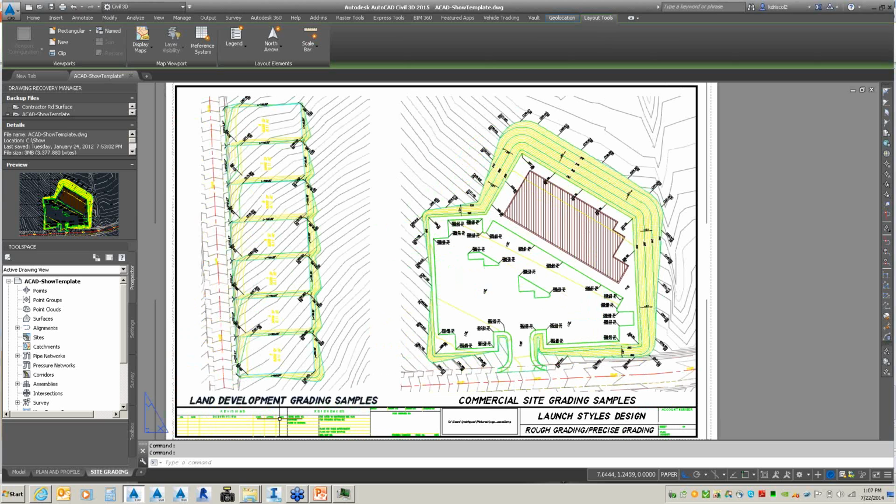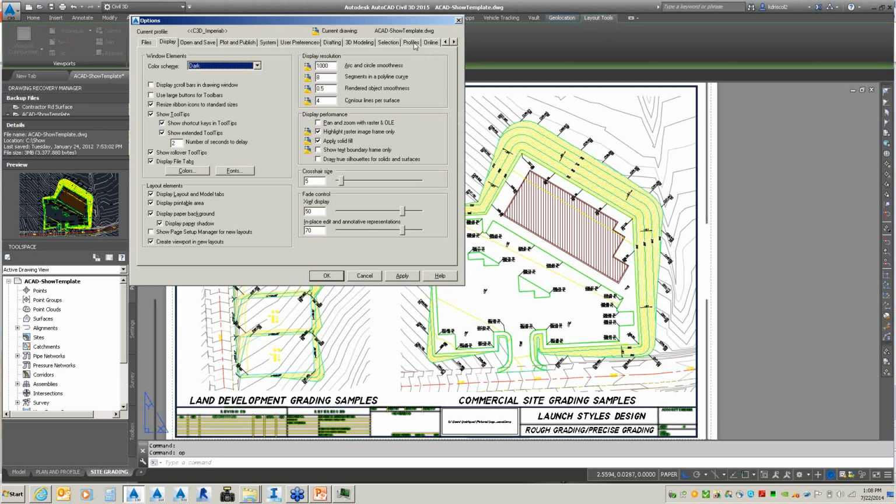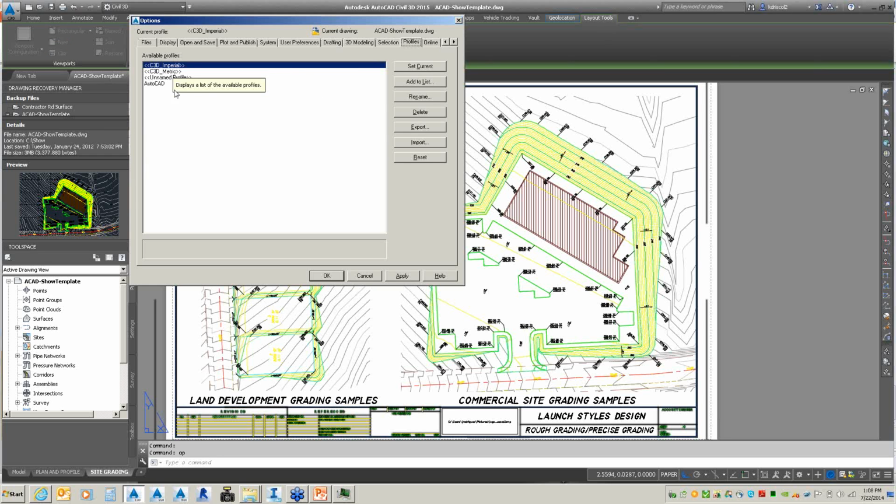So typically what happens, if that's what you're making reference to, there's a couple of things here. Under options, just as a quick example, there's a profile for Civil 3D, and there's one that you can create that you can export out. So again, a profile has an ARG extension that can be shared to other users. Okay. On the other hand,